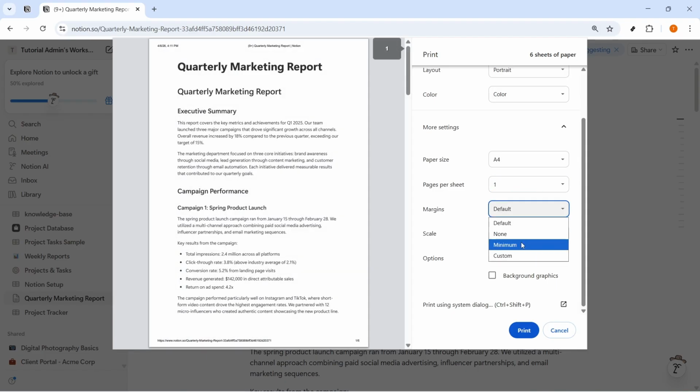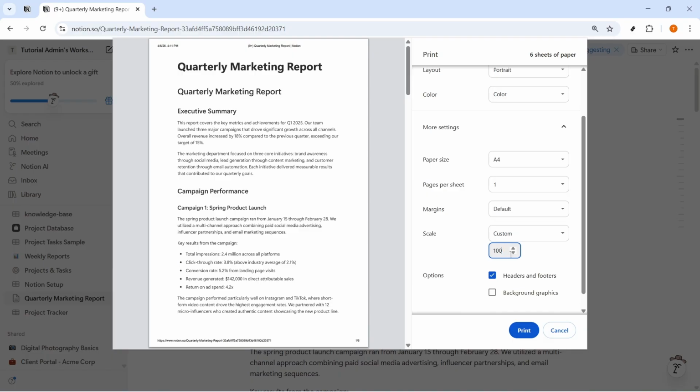These two settings can make a big difference. Wider margins reduce the usable space on each page, which can push content onto the next page sooner. Smaller margins give you a little more room. Scale works the same way. If the scale is too large, content may spill across more pages. If it is reduced slightly, the layout may become cleaner. Each time you adjust one of these settings, pause and check the preview again so you can immediately see how